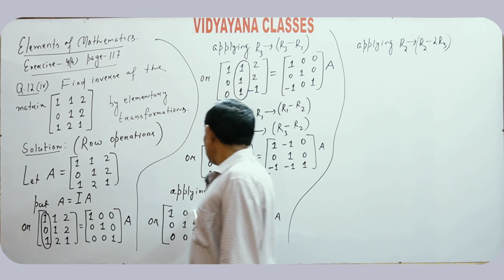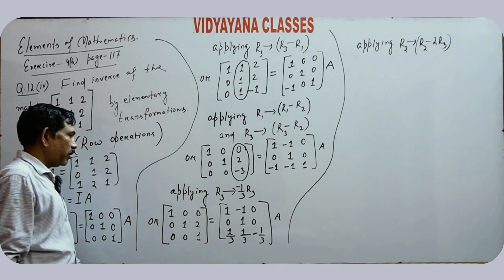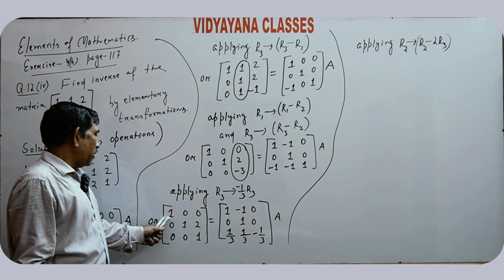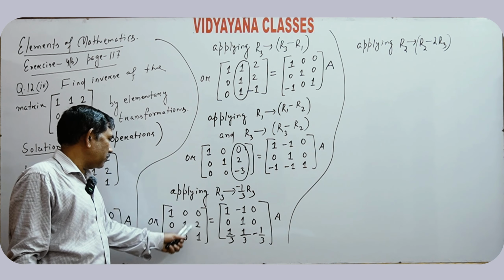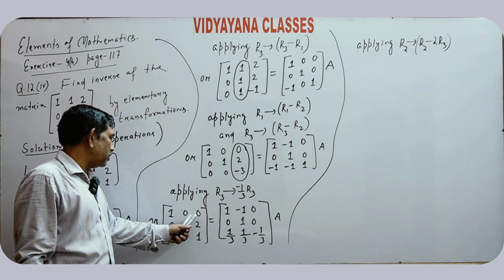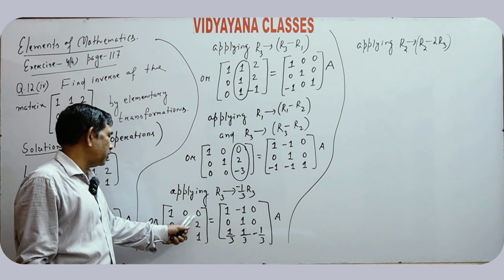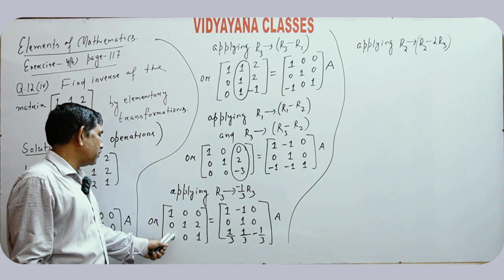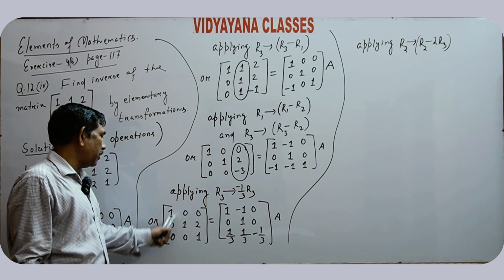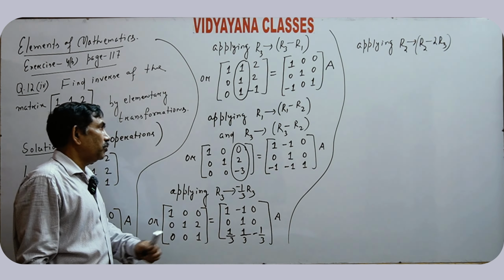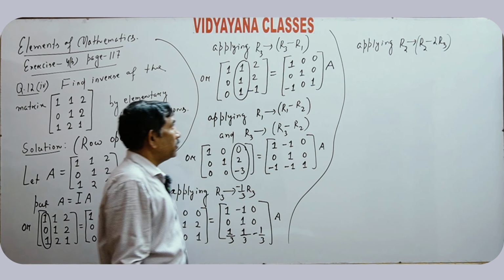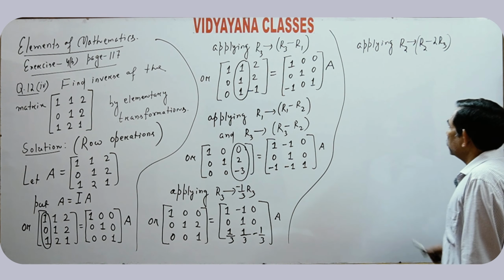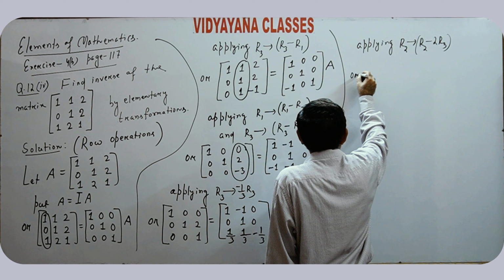We will change the elements of column 3 as 0, 0, 1 using row operation, so that there is no change of column 1 and column 2. It gives